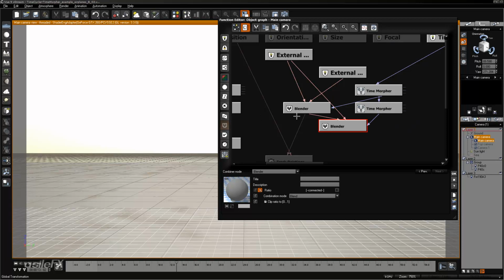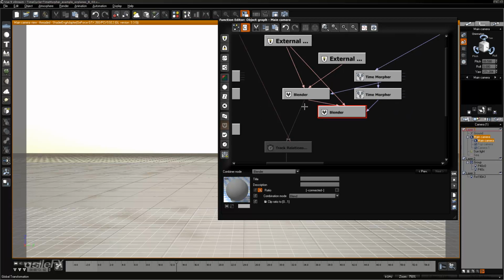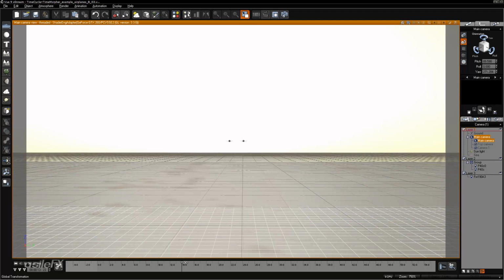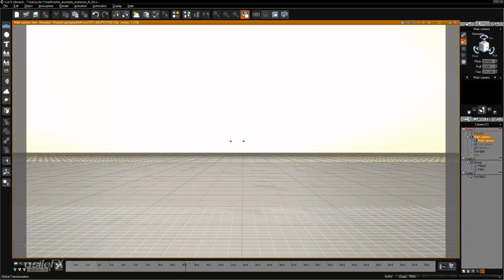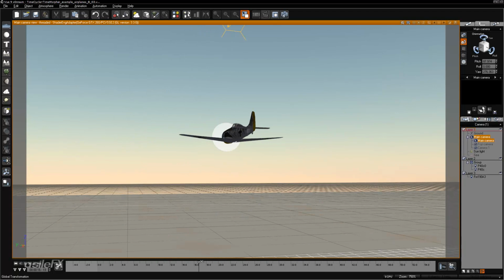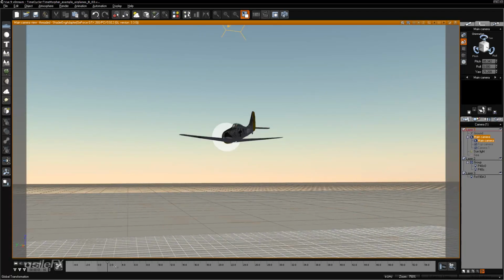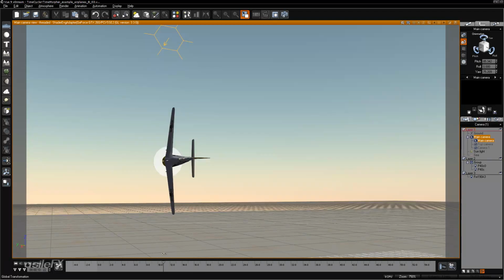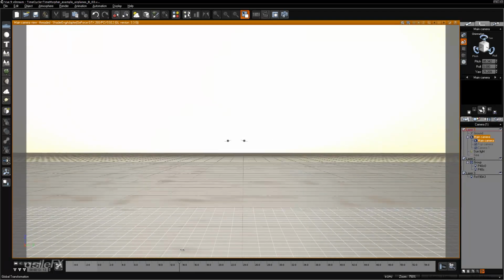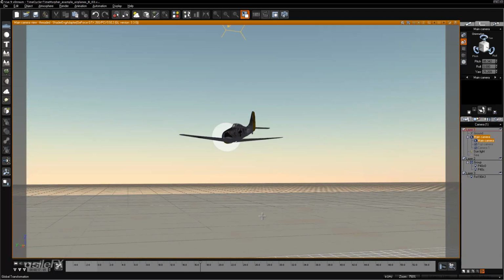So now we're going to connect the blender to the ratio output of the time morpher and take the connection to the track relationship from that blender down to the next level within the time morph chain. Click OK, and now we'll notice that transition back. So starting, the plane's moving and coming close to each other, they separate, our target changes, and then we go back. So if that's moving too quickly,